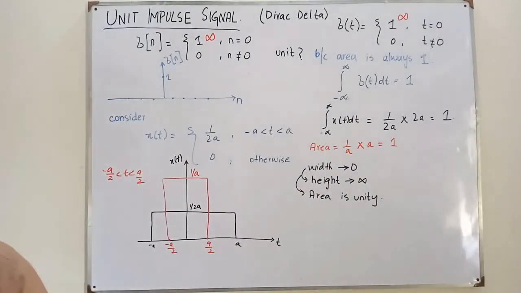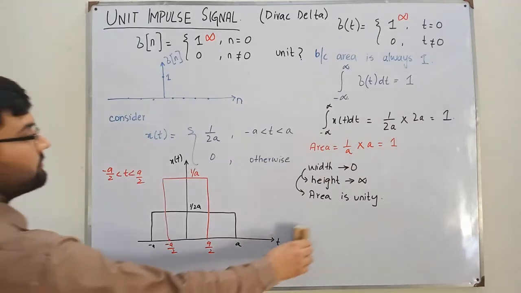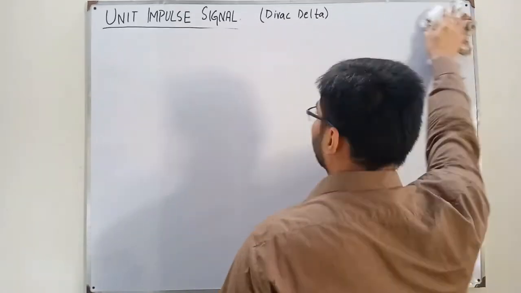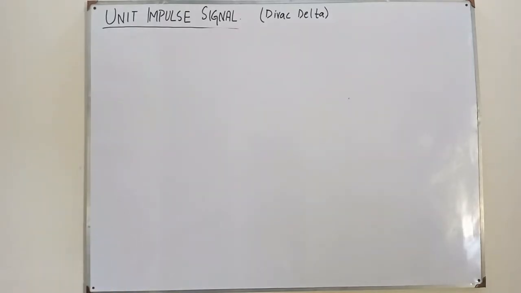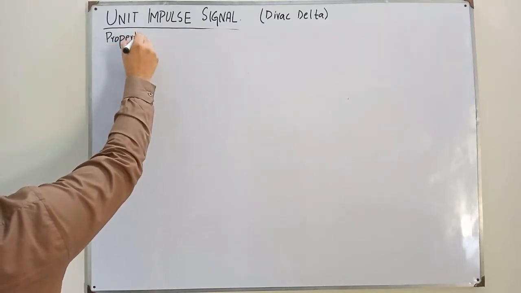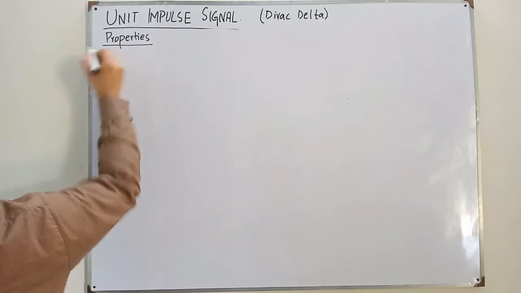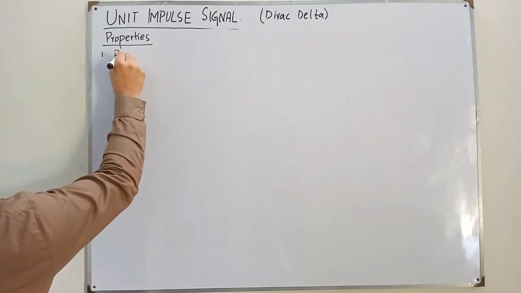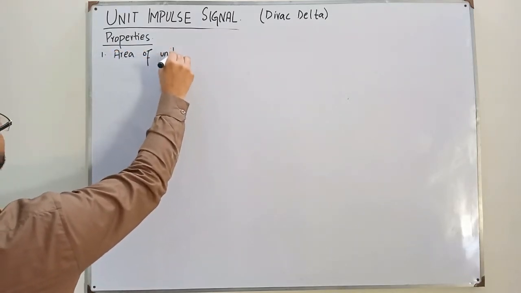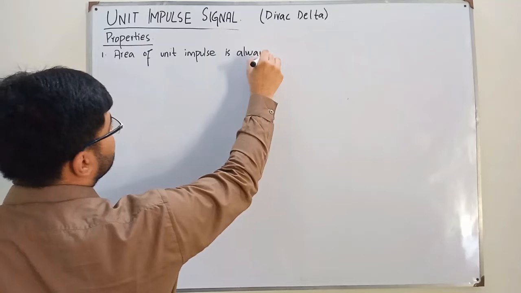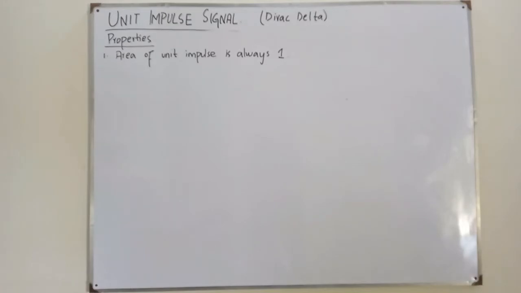Now let's see some properties of it, okay? For that I would remove all of it. Okay, so let me give the heading of properties. Out of which the first property is that the area of a unit impulse signal is always 1. Area of unit impulse is always 1. So if I tell you how, let's say we have a signal x of t